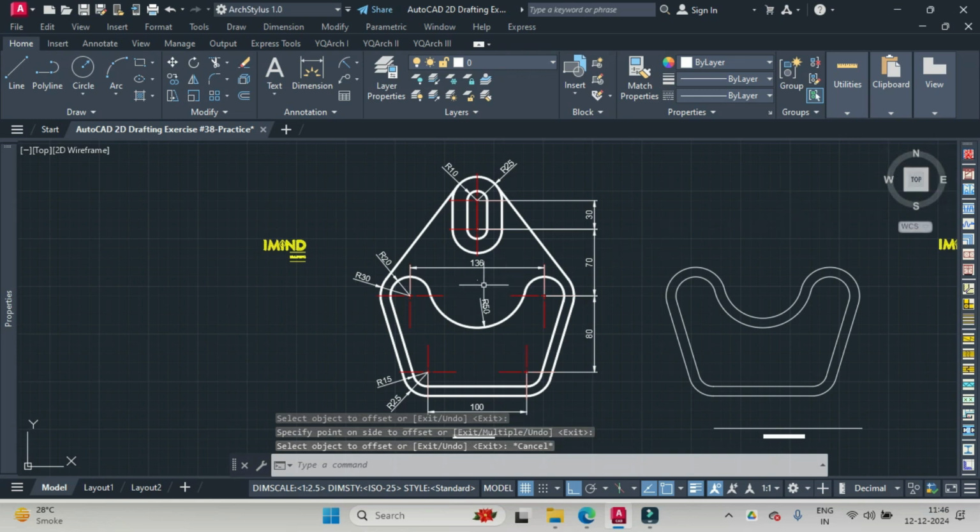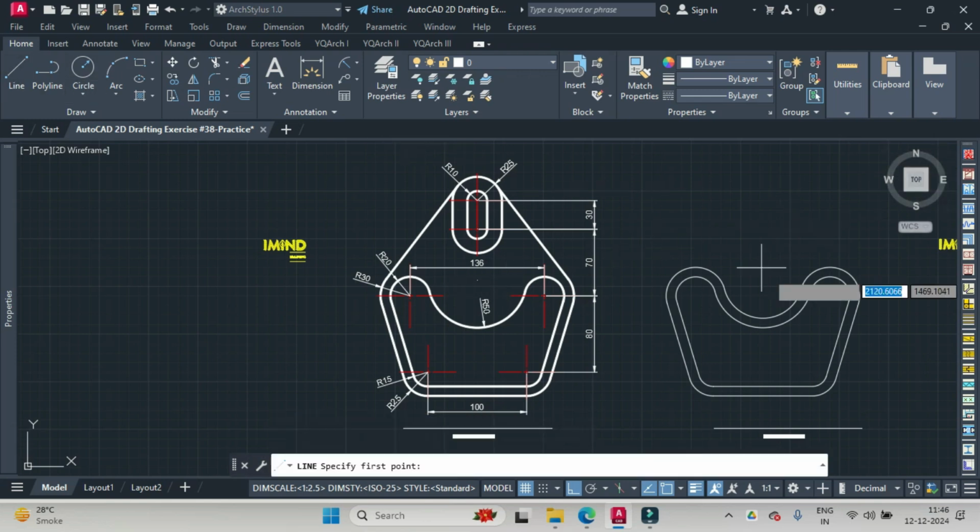Now we'll draw one line which extends from the midpoint of this and we take the intersection of this over here and we extend it upward at a distance of 70 units and hit enter